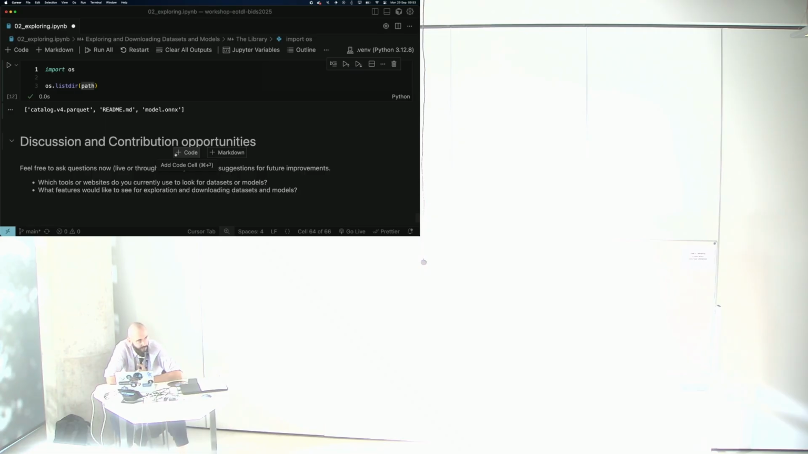Okay, so in this section, we've seen how to explore datasets and models using the different interfaces of the EOTDL. So some questions I like to ask is, which tools or websites do you currently use to look for datasets or models? If you do, do you struggle with that? And why do you use Hugging Face? Maybe because it's the most